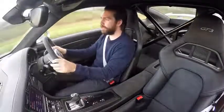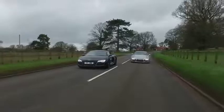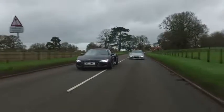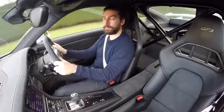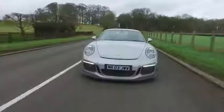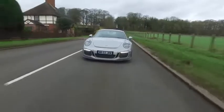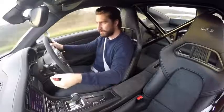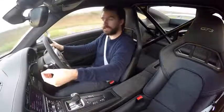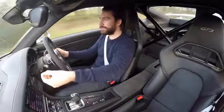The number one thing for me is to put a smile on your face and make you feel good. The R8 does that. This injects you in the arm with just happy juice. It's a fabulous piece of kit, and it's the kind of car that you want to get in, drive, and just keep driving, and drive some more. Get on the Channel Tunnel and just keep driving. It's that